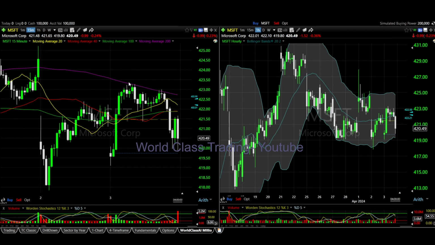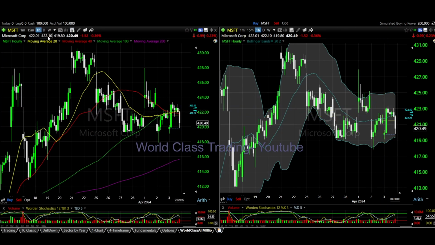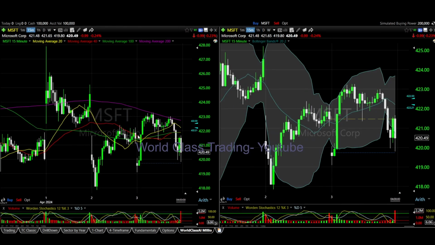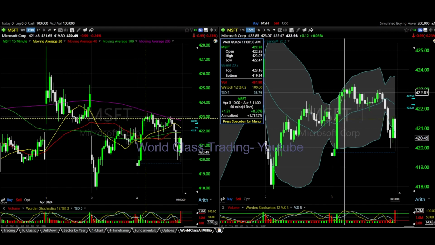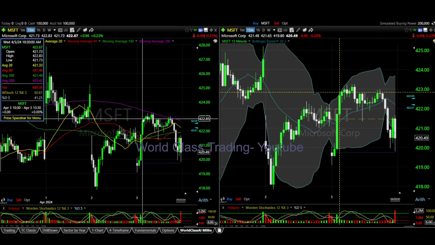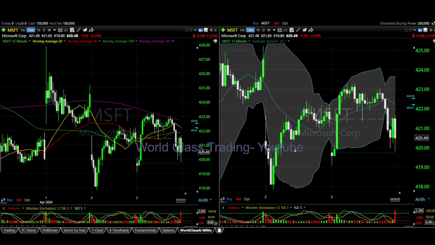You spot this call in the 15-minute, but you can't see it in the hourly with moving averages. But if you go to the 15-minute mark in Bollinger Bands, you can see it, right? Because when you put the mark right here, 421, it's breaking the middle line, and guess where it's going to go? To the ceiling. So Bollinger Bands also supported this theory, and that's exactly how you get a trade to be 95% accurate. Because a trade is very rarely going to be 100%, right? 100% is like news, everything. 95% though, you can get if moving averages and Bollinger Bands agree with each other. And right here it agreed with each other.